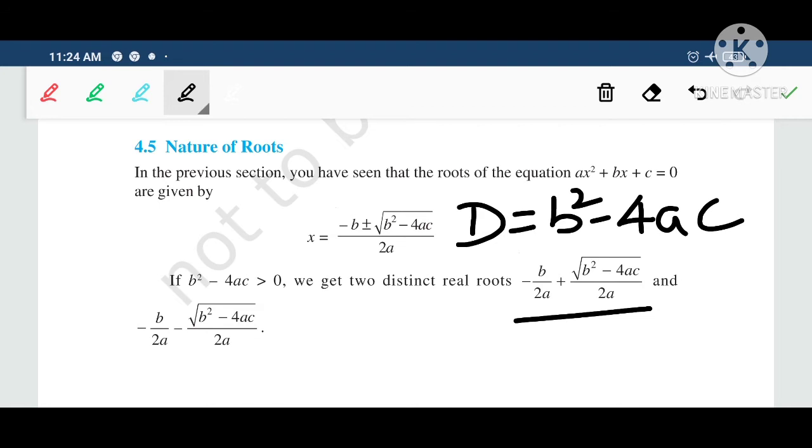2a is common for both minus b and the square root of b square minus 4ac. We can separate it: minus b by 2a plus square root of b square minus 4ac by 2a, and minus b by 2a minus square root of b square minus 4ac by 2a. So these are the two distinct real roots when b square minus 4ac is greater than 0. And the next condition,